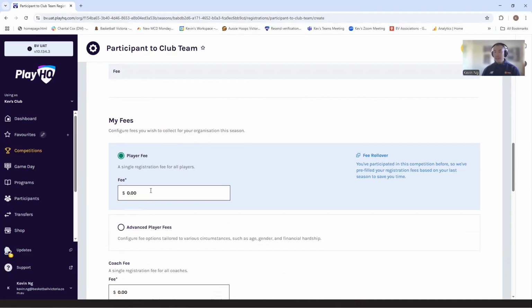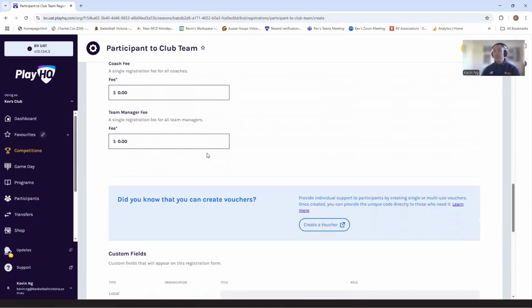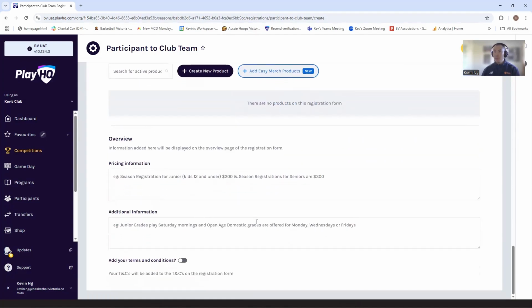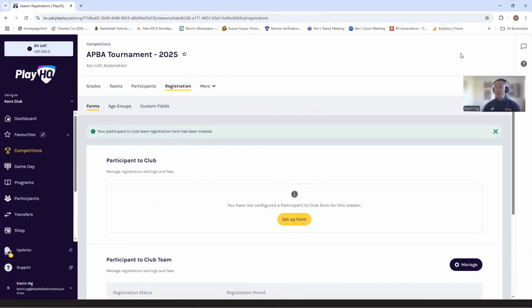So this is the fee that they're paying your club to participate in this tournament. So I might set $50. I'm not going to charge my coaches or team managers. If you like, you can put in some information here and turn on your terms and conditions and then save that form. Once you've configured that form, as mentioned, it is a team-specific form, so you need to go into each team,